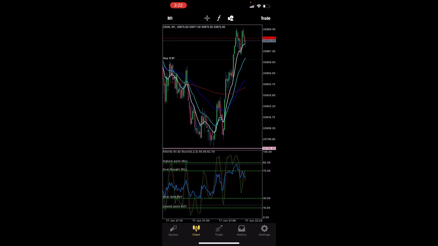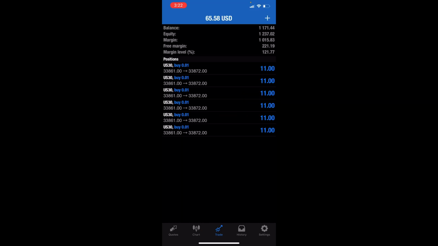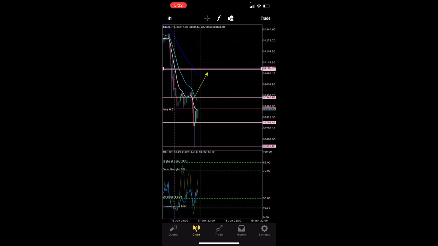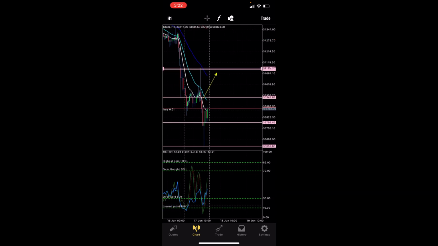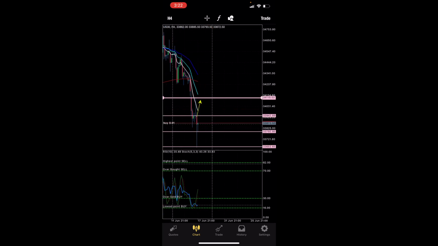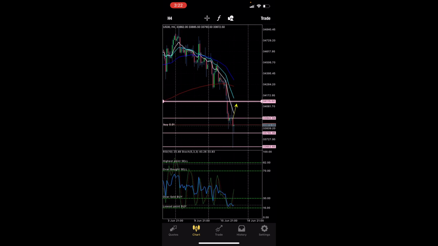Today we were trading US30. That's mainly what I trade, to be honest, US30 and NAS. But I'm currently in. I want to tell you the reason that I got in. The reason I got in for a buy is because I've been watching this sell for the past 8 trading